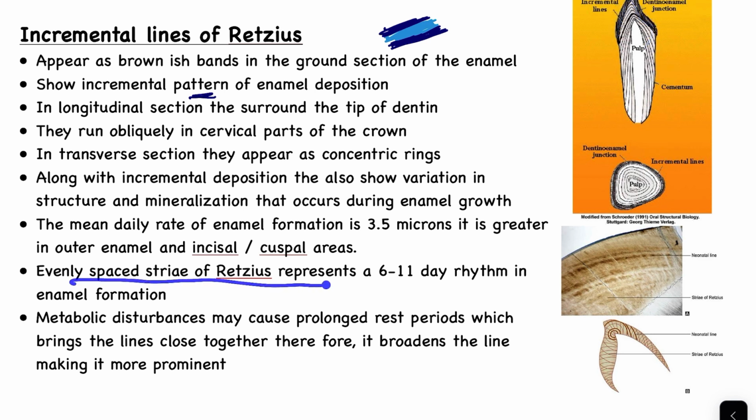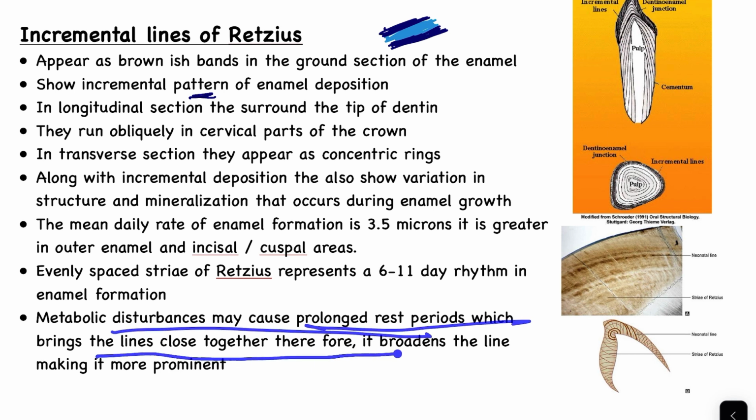Evenly spaced striae of Retzius represent a 6 to 11 day rhythm. So these gaps you see in here, every gap, every band, this band, represents a period of 6 to 11 days. Okay. Metabolic disturbances may cause prolonged rest periods, which bring the lines close together, and therefore it broadens the line,